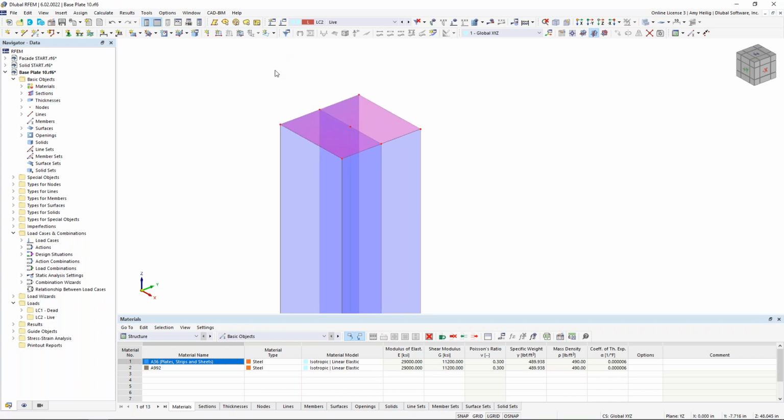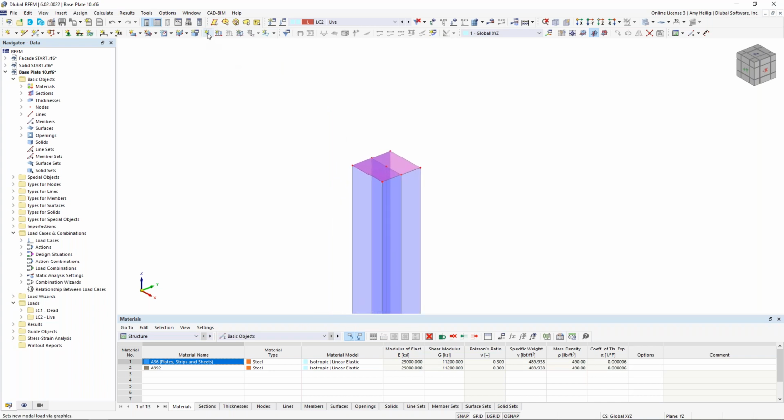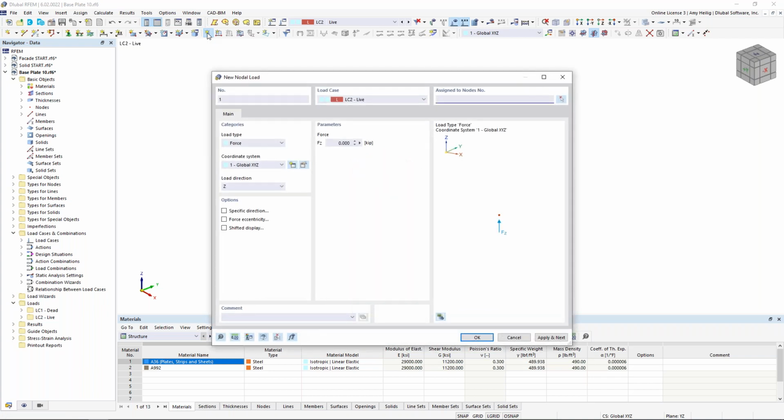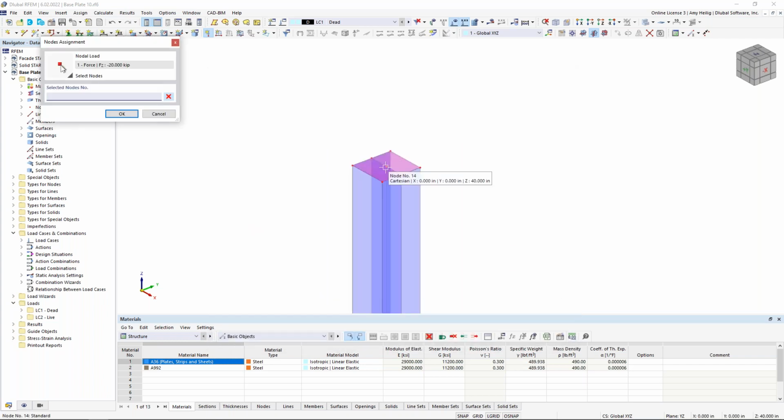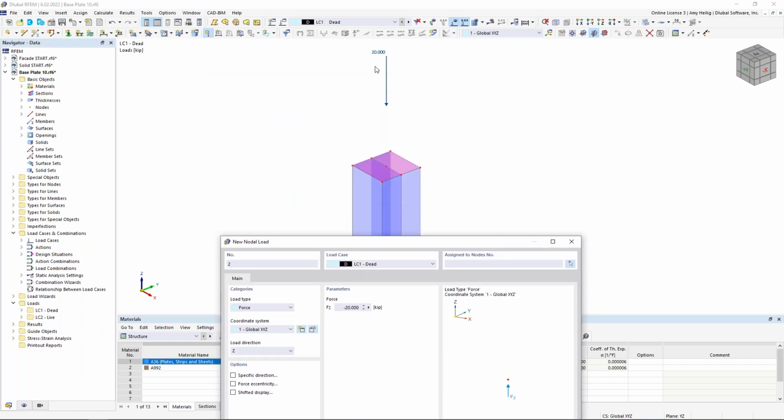So now I can create my first point load, and I'll do so by activating here a new nodal load. I get my dialog box where I can change my load case here to dead load, and I set the force as -20 kips in the global Z direction, and I can graphically choose which node to apply here, node number 14. If I hit apply and next, the program will automatically apply that load within the background,